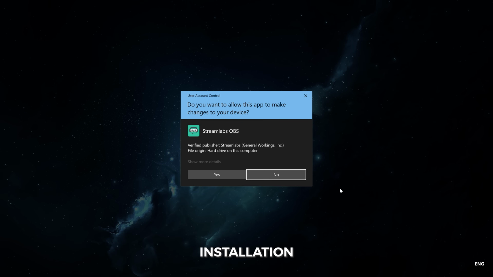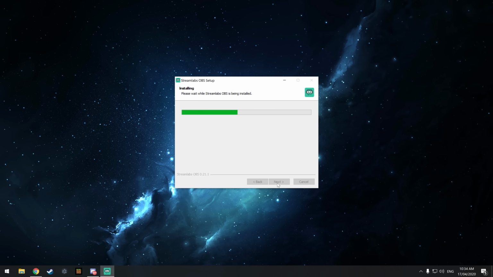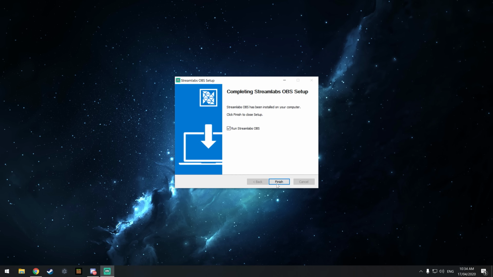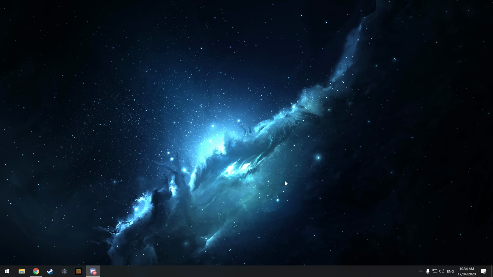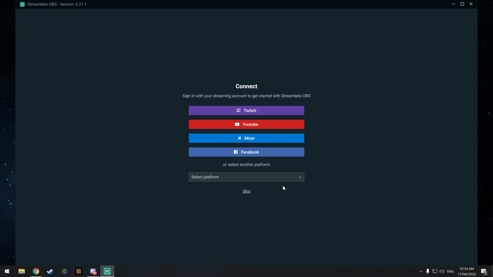Once you've got it downloaded, run the installer, click I agree, install. Wait for Streamlabs OBS to install. Should only take a minute or so to install, depending on how fast your computer is. No one can really say, can they? Anyway, let's just wait for it to do the things that you don't know what it's doing. Click Run Streamlabs OBS and finish, obviously. And with any luck, it's going to remember all of your chatters' names, and we have a fresh install of